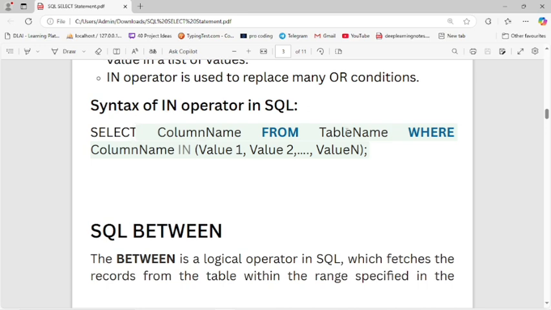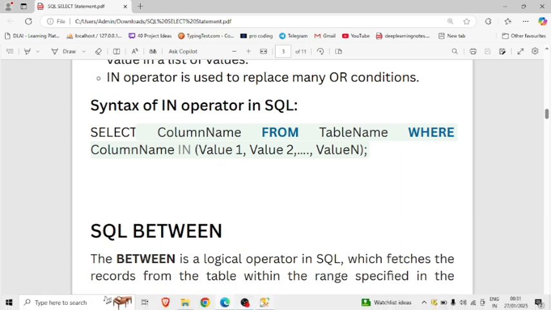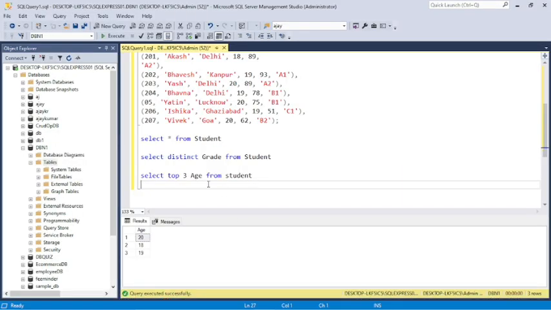Now let's see the syntax of the IN operator in SQL. Select column name from table name where column name IN, here IN is the keyword, value 1, value 2, value n. Now let's start the practical with the IN keyword.